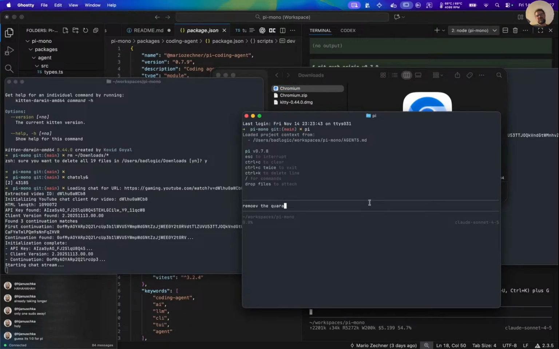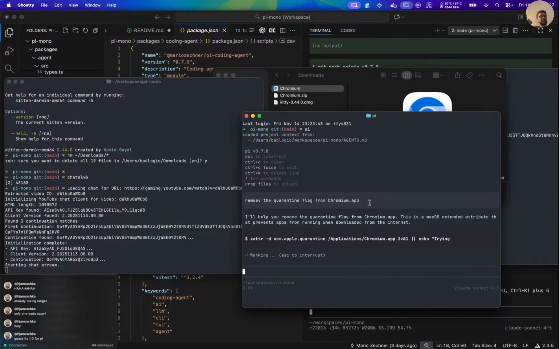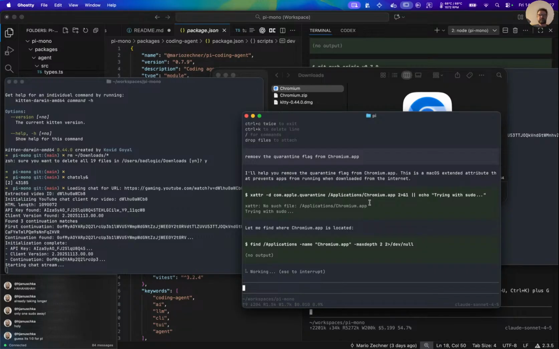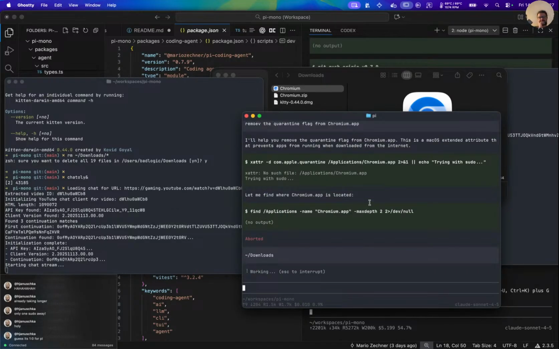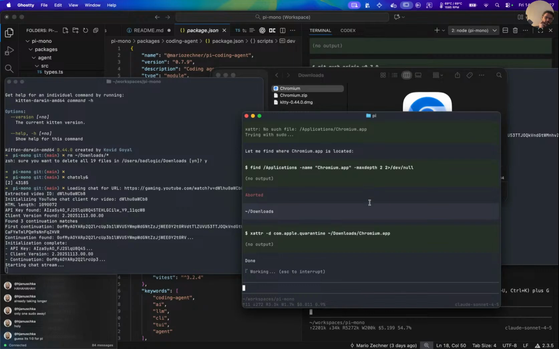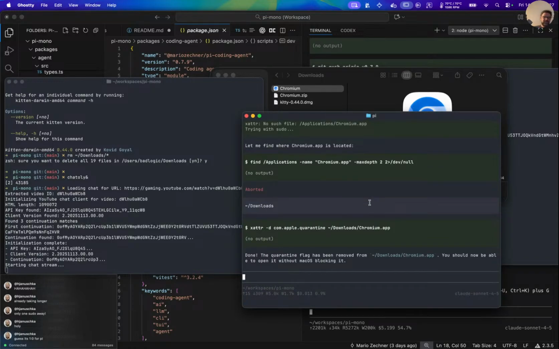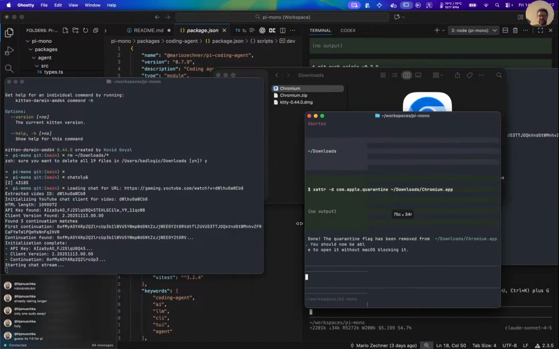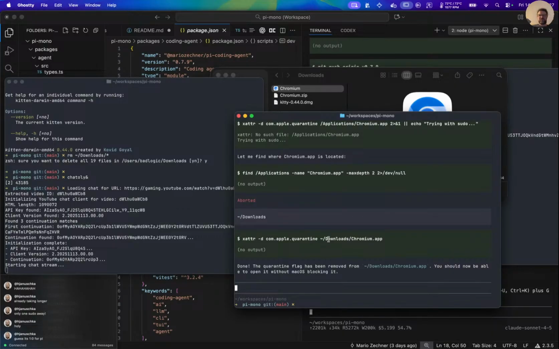Remove the quarantine flag from. Ah, god damn it. Yep, I'm so lazy because I can't remember this shit at all. So,